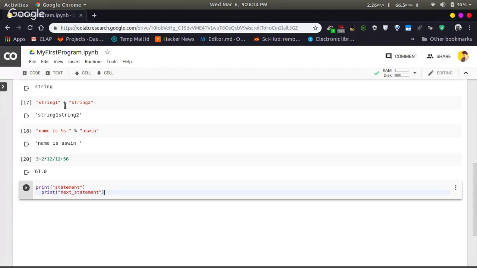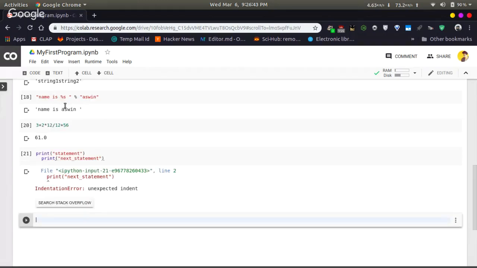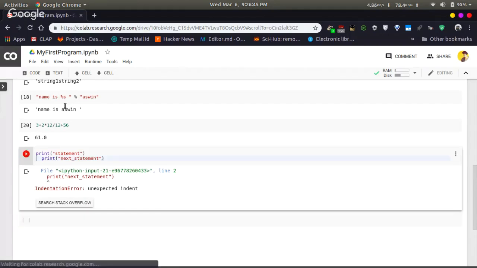There are no braces in this Python code, so indentation is used for braces. Here you can see there is an indentation error appeared in this code, which means you cannot write Python code like this. Okay, we will discuss about the importance or the use of this indentation in the further classes.